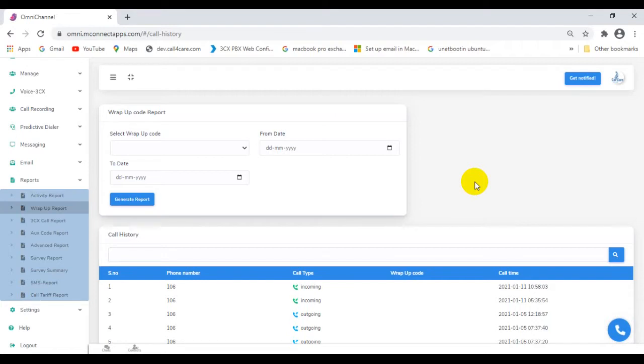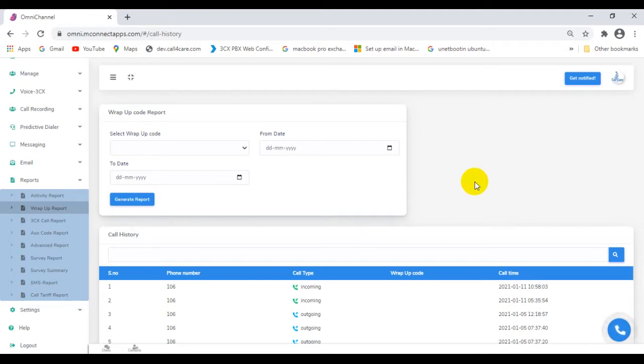Say for example, if the agent has tagged too many calls under disconnected, it indicates that there is an internal technical issue which has to be taken care of. The report also will show you the consistency of how agents categorize their call types, which hugely helps in sales and resolving issues. It also helps to create new strategies for the improvement of the process.